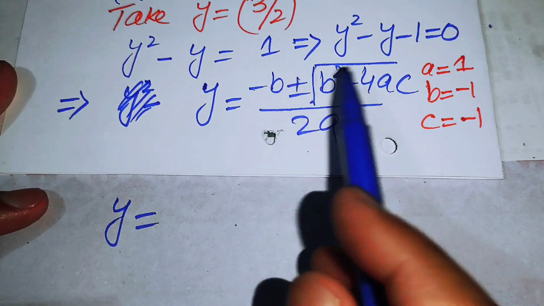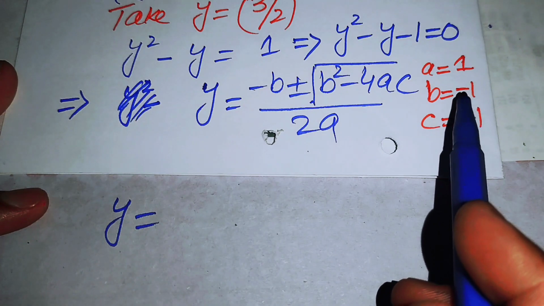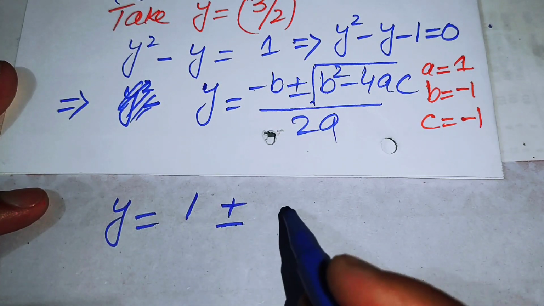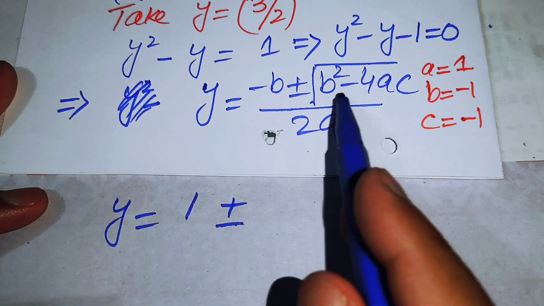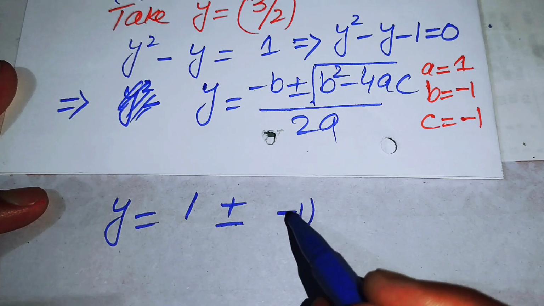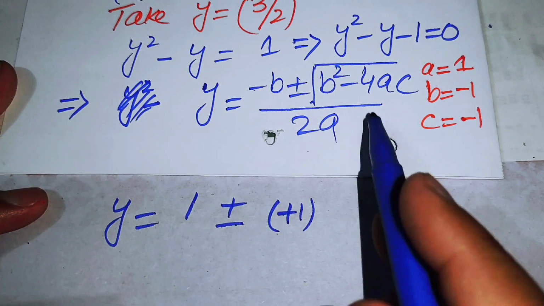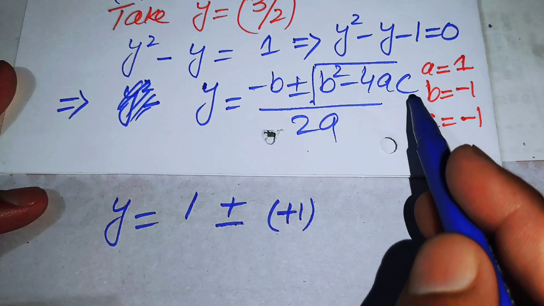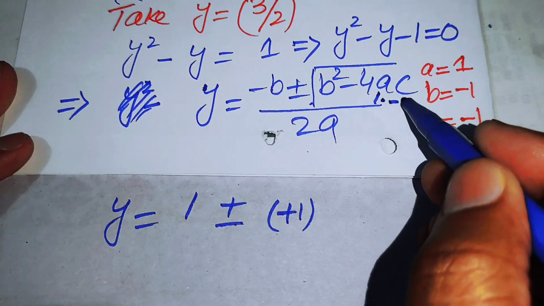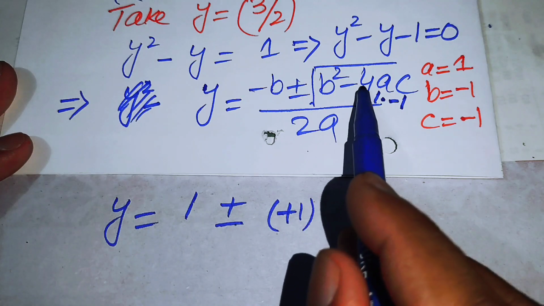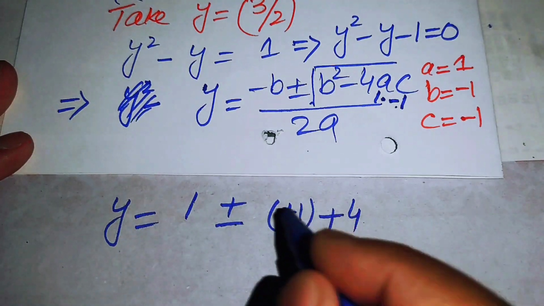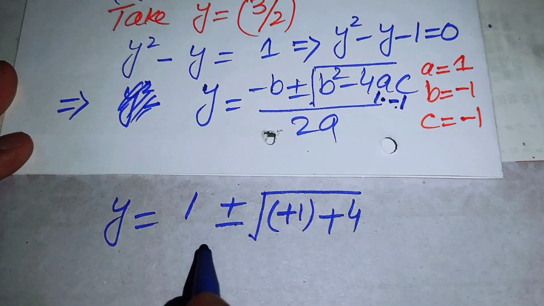equal to, here you have minus b and the value of b is minus 1. So when we put here, it will become plus 1 and plus minus, here you have b square. So b is minus 1 square and minus 1 square is equal to plus 1. Similarly, minus 4 times a and c, and the value of a is 1 and the value of c is minus 1. So it will become minus minus plus, and 4 ones are 4, and its square root